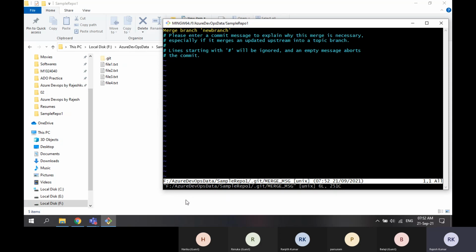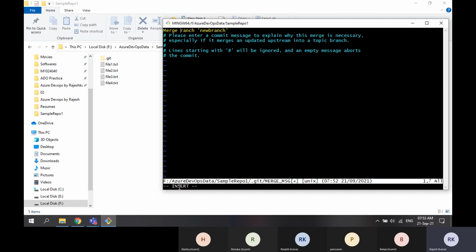But right now, observe the last line. Right now, it is not in insert mode. So when I try to type, it won't enter. First you need to press I. If you want to enter data in VI editor, you need to press I.